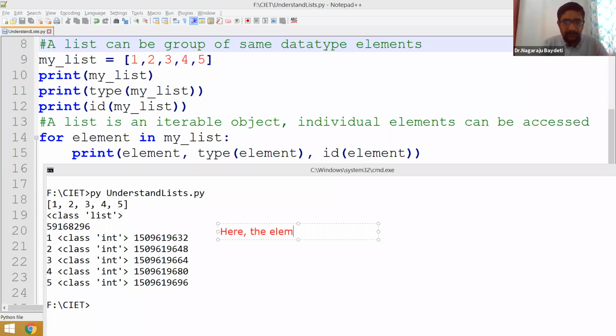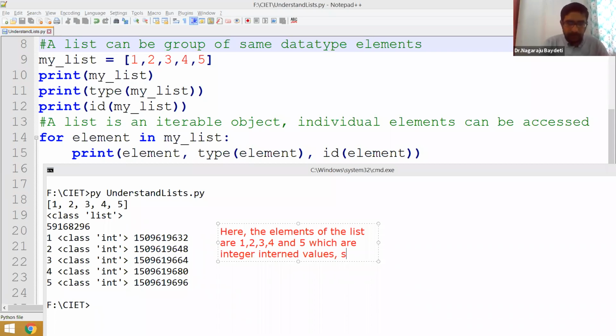Here, the elements of the list are 1, 2, 3, 4, and 5, which are integer interned values.